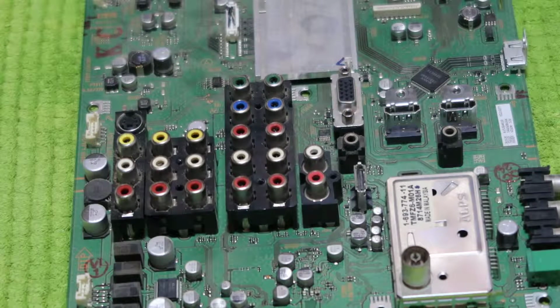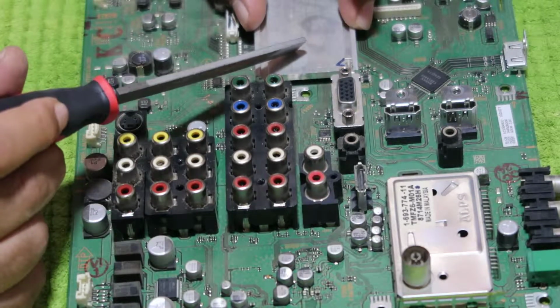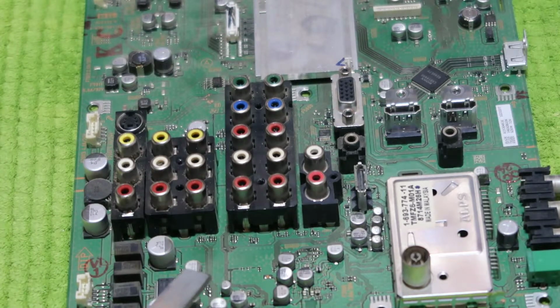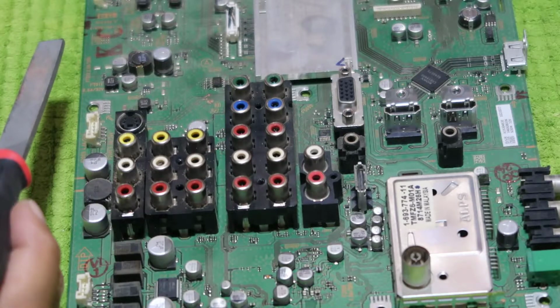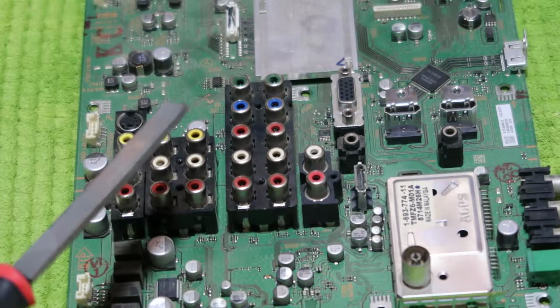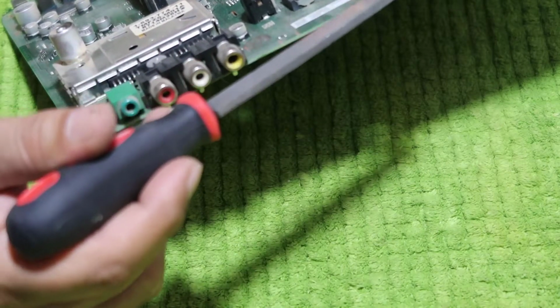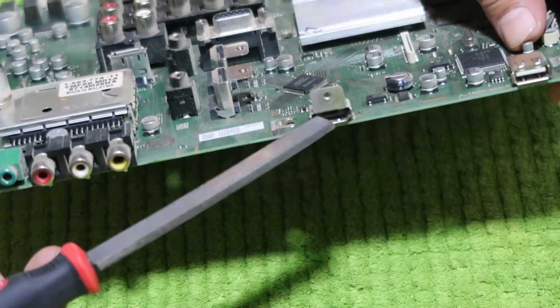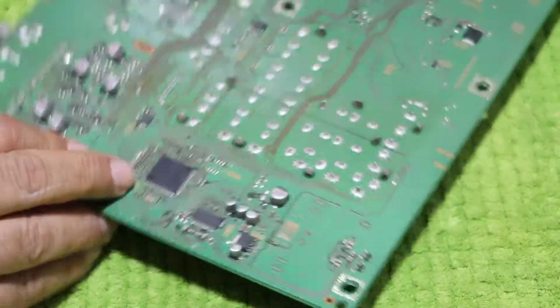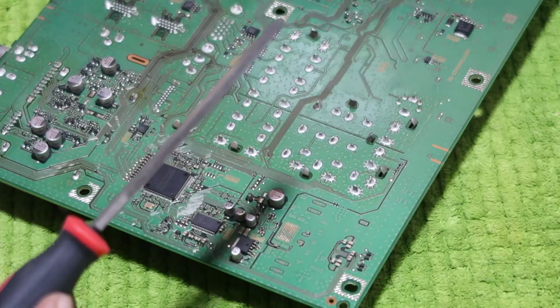For example, just like this one, we have here a heat sink. This is a piece of aluminum. What else? We can also take MLCC. There is plenty of it. A flathead, a BJT, IC chips. Also this connector for HDMI, something like this. There are gold plated pins inside, so it needs to be checked also. The other side, we can also take capacitor, tantalum capacitor,